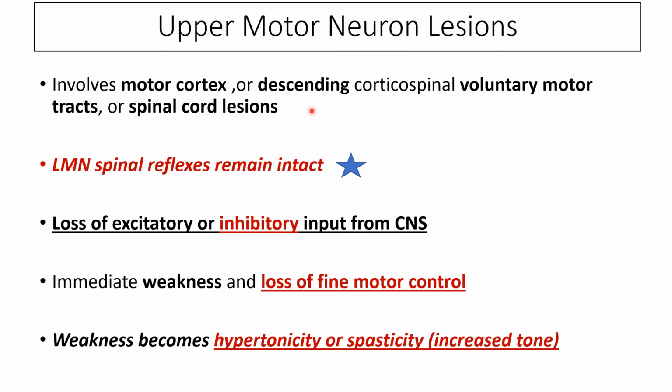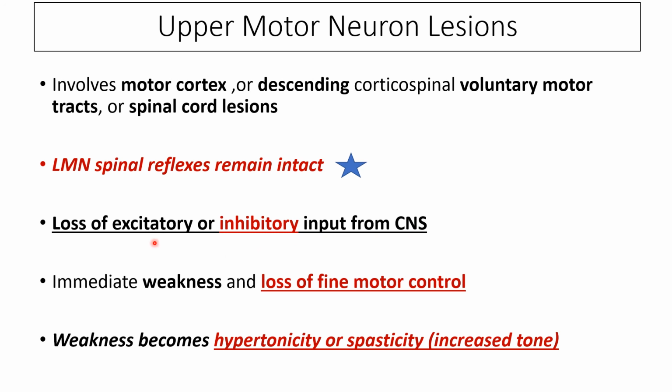So then when you have upper motor neuron lesions, there can be a problem in the motor cortex of the brain itself or anywhere along that descending corticospinal voluntary motor pathway. Okay, so into the spinal cord as well. If there's a spinal cord lesion affecting that descending corticospinal tract, then this will create an upper motor neuron lesion. Okay, an important point here is that the lower motor neuron spinal reflexes are still working. They remain intact, but now they're not being influenced by the damaged upper motor neurons the way they should be influenced. So there could be loss of excitatory